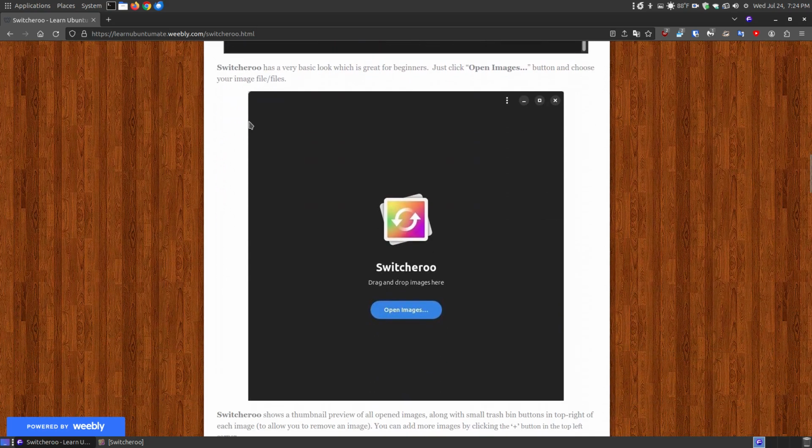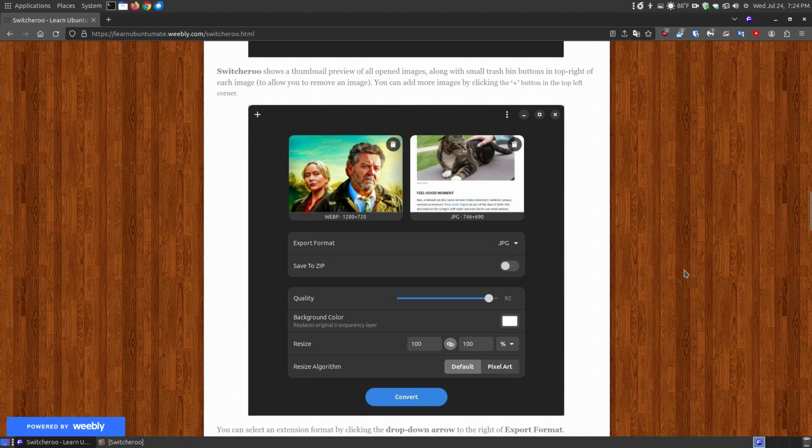Now once you do click on or execute the program, as you can see, it looks like this. You can click Open Image and it will allow you to choose an image or images. You can choose more than even 2 images, but in my display here I chose 2 images: one from the Brokewood Mysteries from New Zealand, and then a cat article, where I got a cat, my mom's got a cat, looks just like that, and it was where a school graduated and they had an honorary graduate, which was a cat